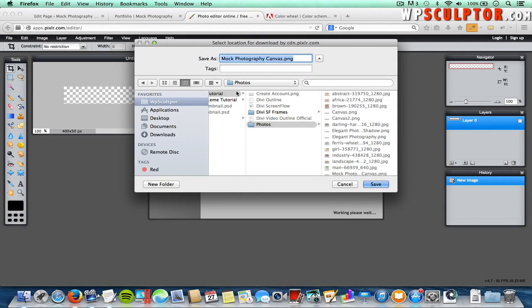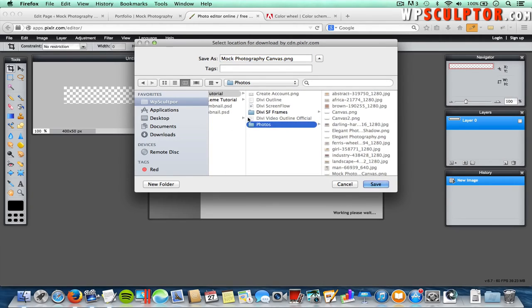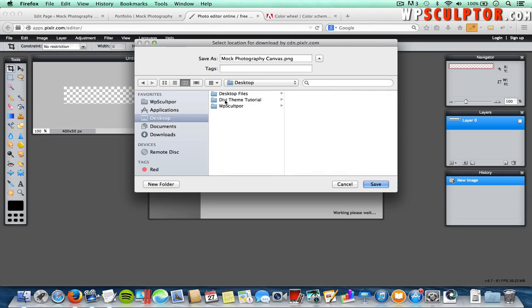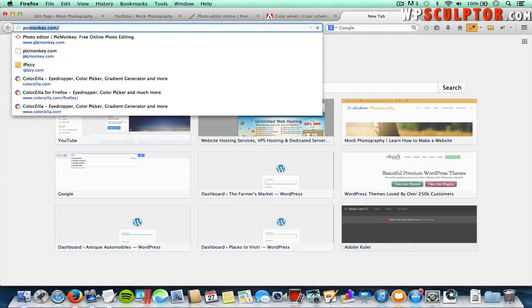And we need to specify a place on our hard drive to save this, and I'm going to come over and go to my desktop and save it in my images folder. Click on save. Just make sure you save it somewhere you can find it. And then we're going to open up a new tab and go to picmonkey.com